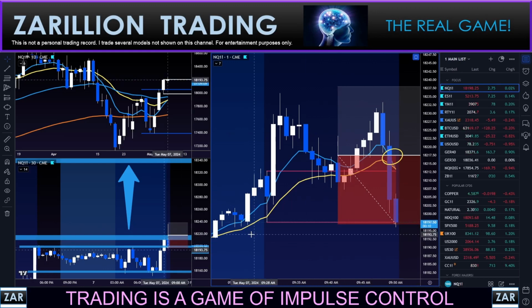This was a trend continuation trade, guys. Impulse up, corrective back to, and retesting the open range, and then beginning to impulse again, but just not enough juice to get up there